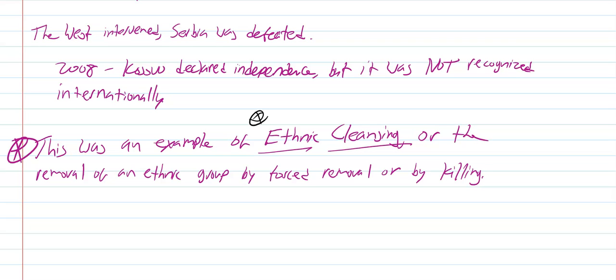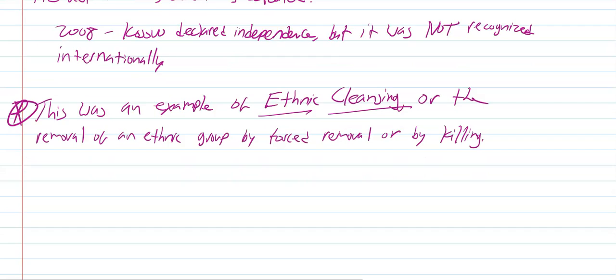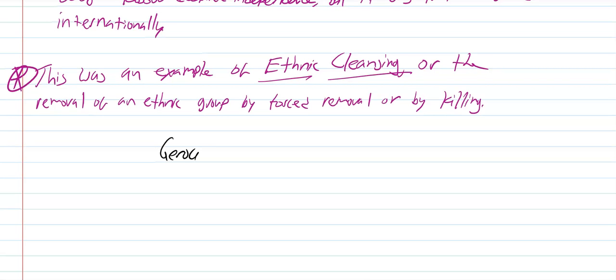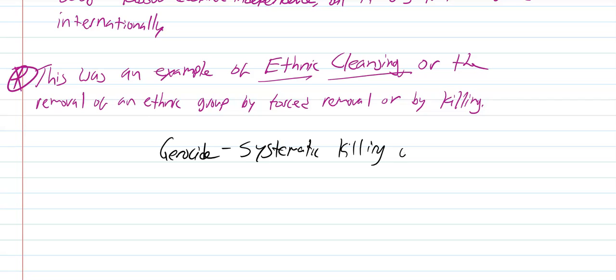This is not the same as a definition of genocide. So genocide, we've already talked about. Genocide, I'm just going to write it out here, is the systematic killing of a group on the basis of whatever difference it is they have. So you're trying to completely eradicate that particular group from the earth by killing them. Okay, ethnic cleansing. So I'll write it out. Ethnic cleansing, okay, is kind of the concept of trying to remove.